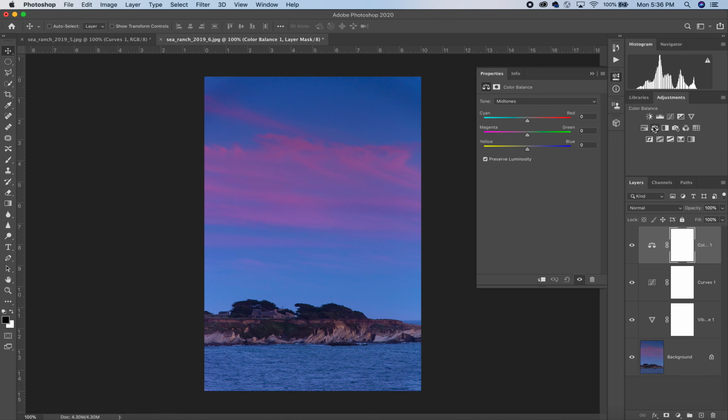Here, if I go to the color balance, you can see that I'm, in a sense, doing what curves gives us by affecting the shadows, the midtones, and the highlights in the cyan red channel, the magenta green channel, and the yellow blue channel. So in this way you can really get some interesting effects with manipulating these images. Here, with these channels of color, if I bring in more reds in the shadows,